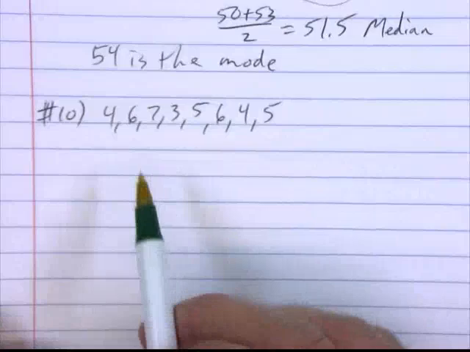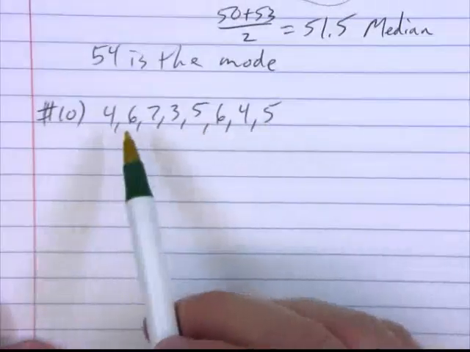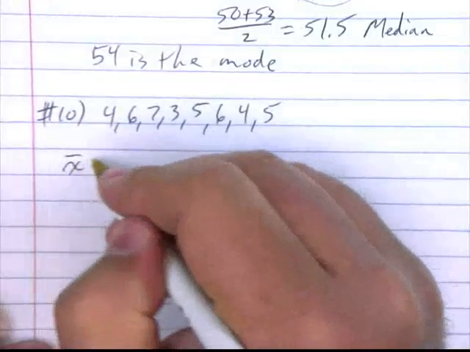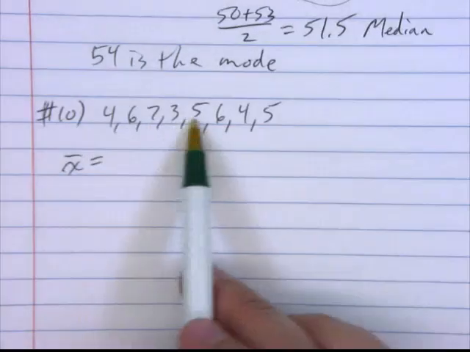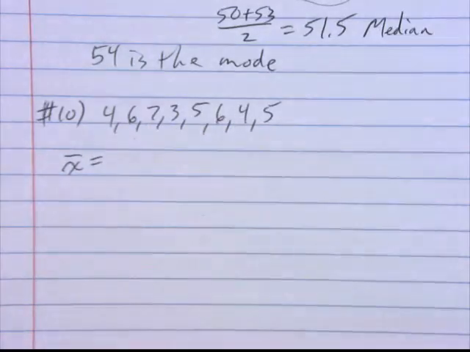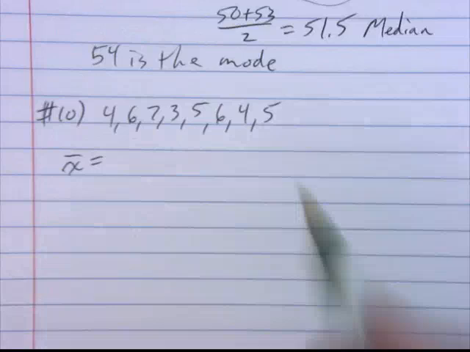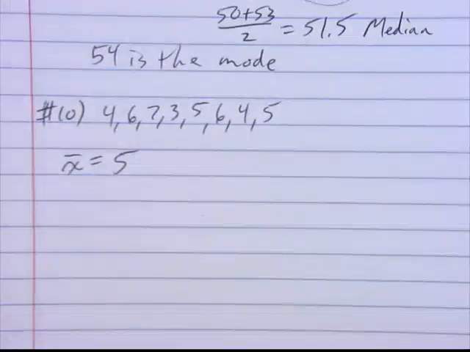and we need to find the mean of all those numbers. So the mean is the first thing we'll find, and we'll add up all those numbers. So let's see, 4 plus 6 plus 7 plus 3 plus 5 plus 6 plus 4 plus 5 gives us 40. And there are 1, 2, 3, 4, 5, 6, 7, 8 numbers. So we get 5 is our